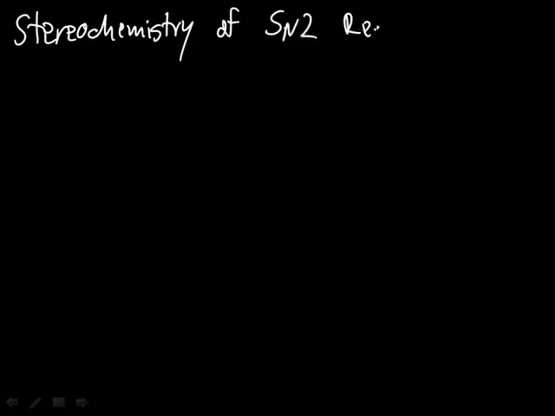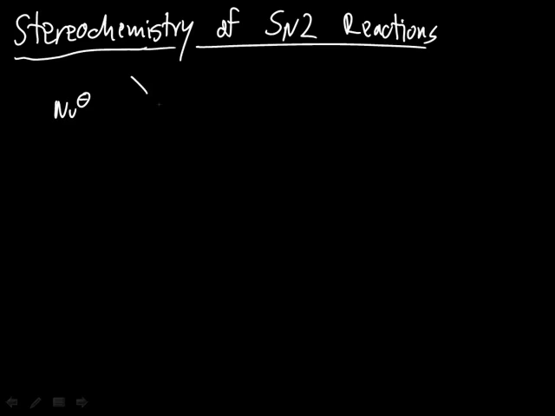The stereochemical outcome of the SN2 reaction is closely tied to the mechanism of the reaction. Last time when we talked about the general mechanism for the SN2 reaction, we mentioned that the reaction proceeds through the backside attack of the nucleophile onto the sp3 hybridized carbon, which then eliminates the leaving group, proceeding through the transition state, which is characterized by